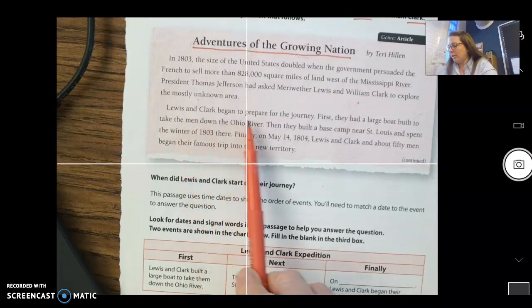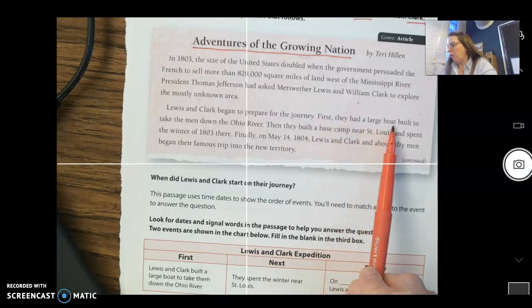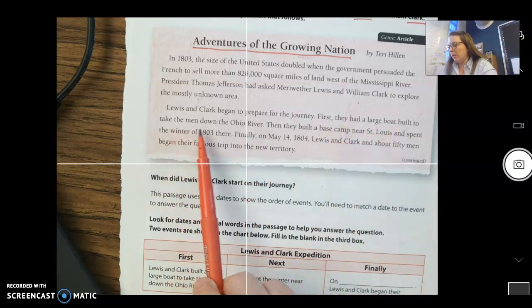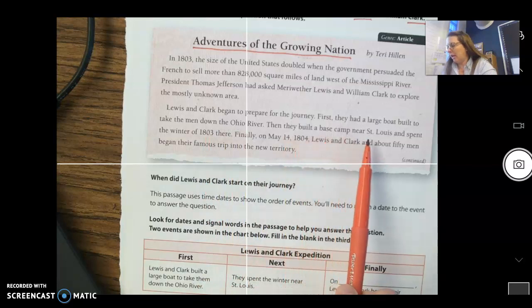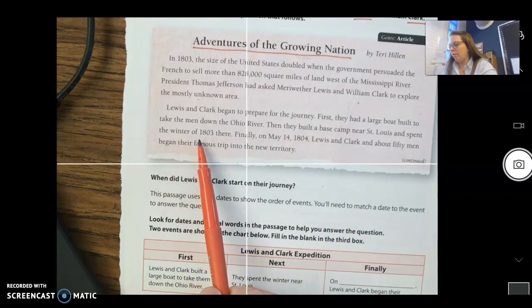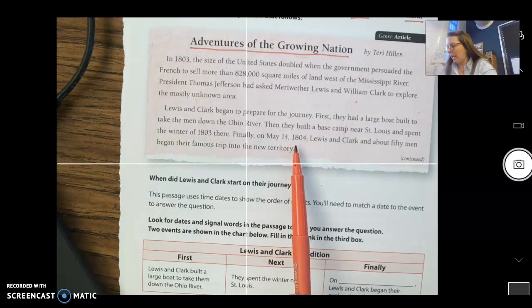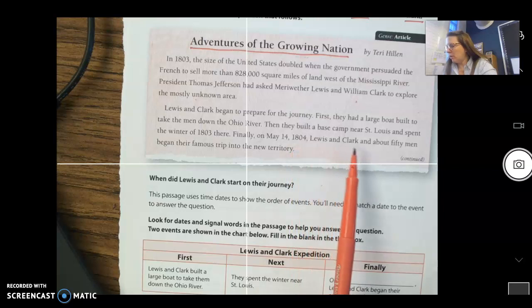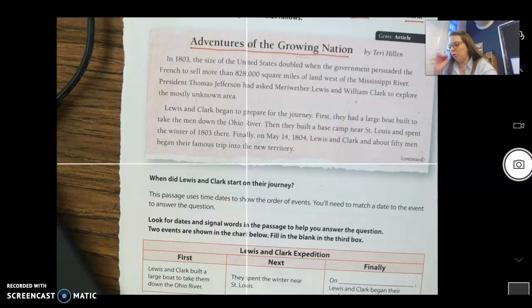Lewis and Clark began to prepare for the journey. First, they had a large boat built to take the men down the Ohio River. Then they built a base camp near St. Louis and spent the winter of 1803 there. Finally, on May the 14th, 1804, Lewis and Clark and about 50 men began their famous trip into the new